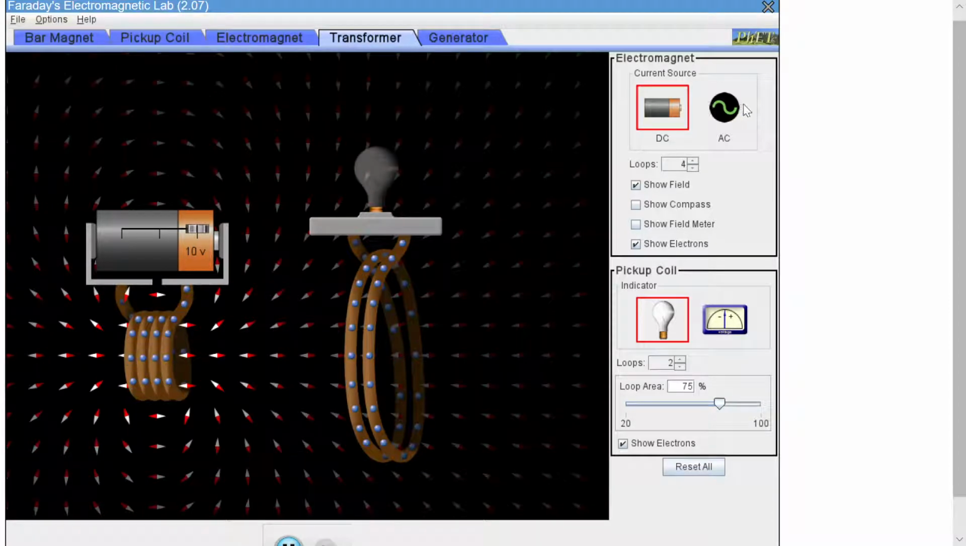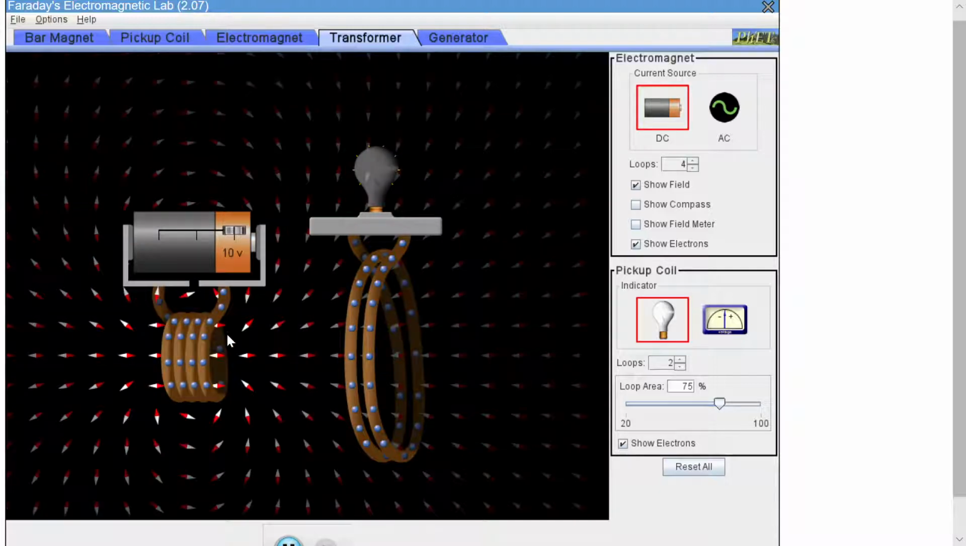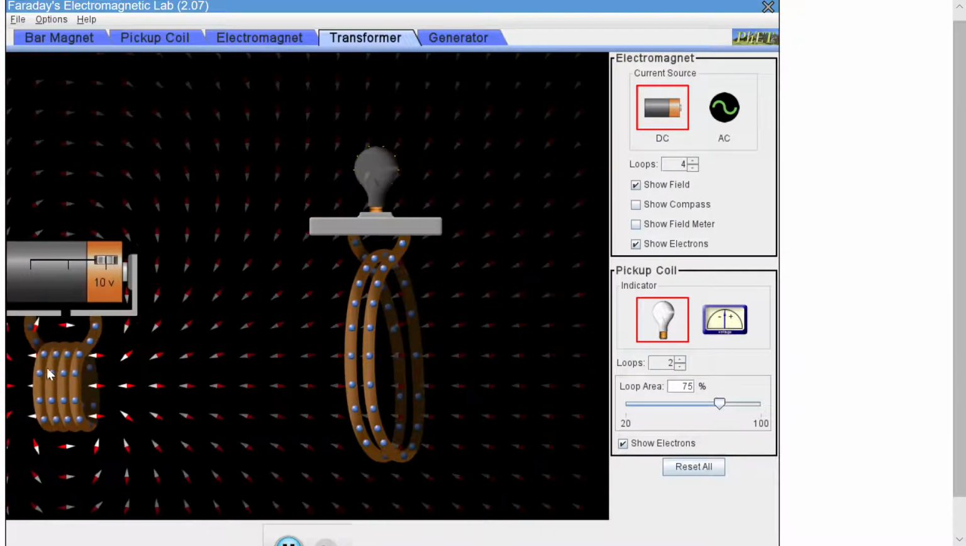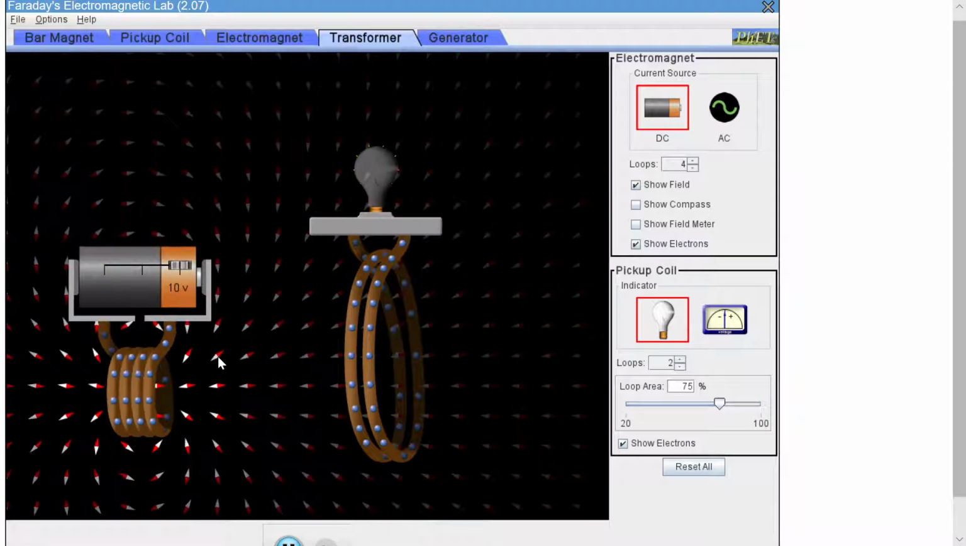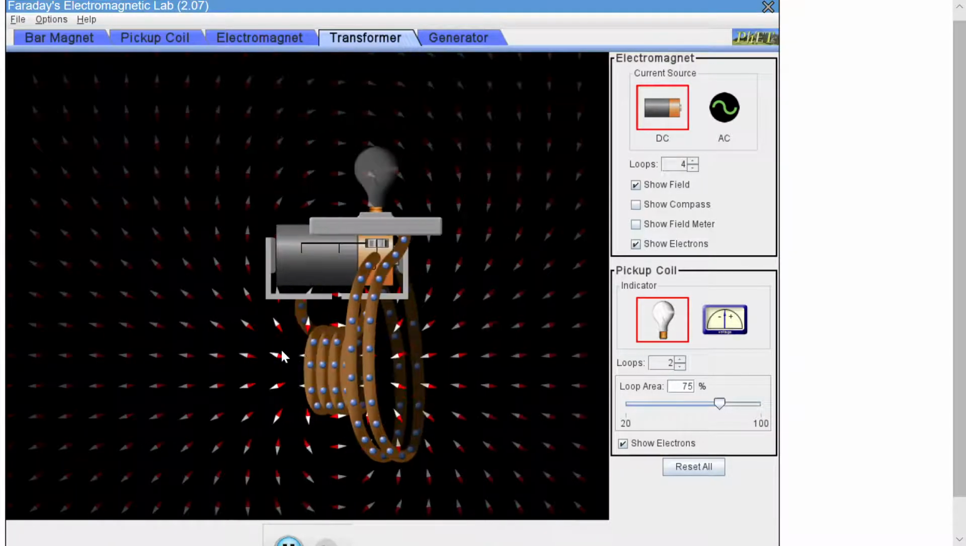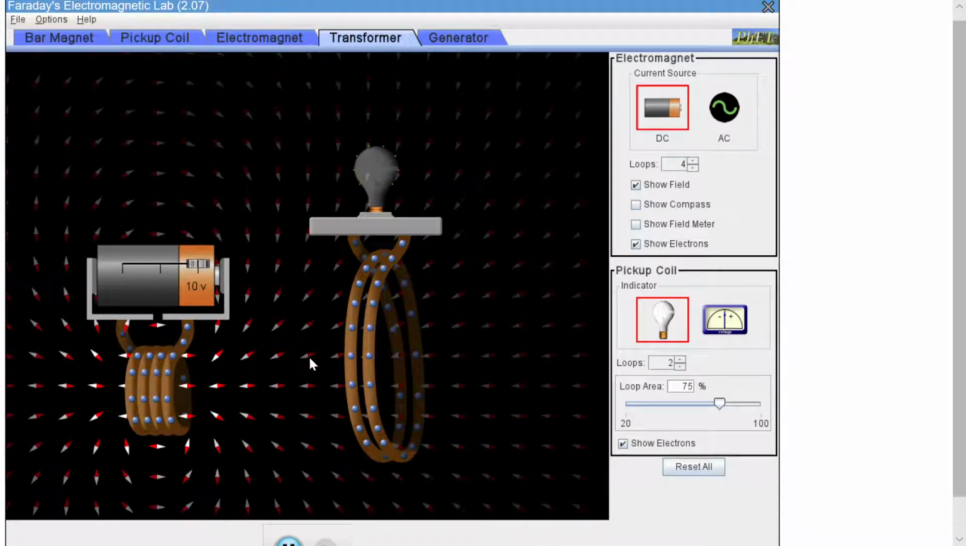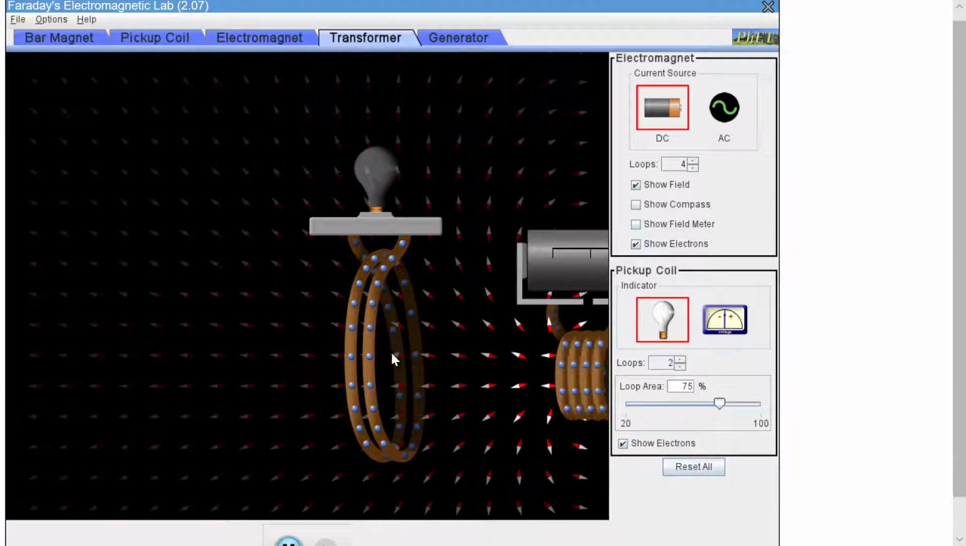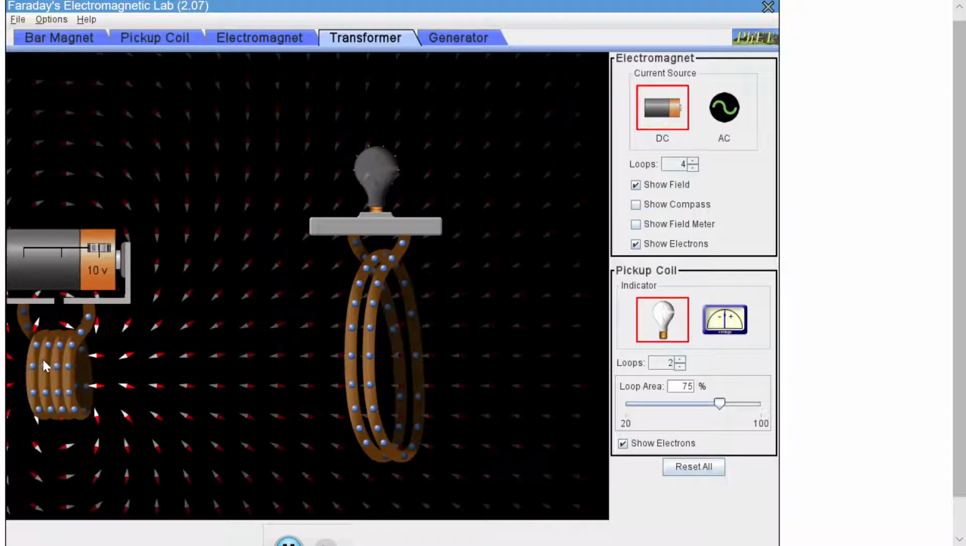AC source. Now when we change, or let me move the primary coil first, and see what the change will be. So I move the primary coil around. Now interesting things happen. See what happens? So move the primary coil. I can even move it through the secondary coil, back and forth, and you see that a current now is induced in the secondary coil,